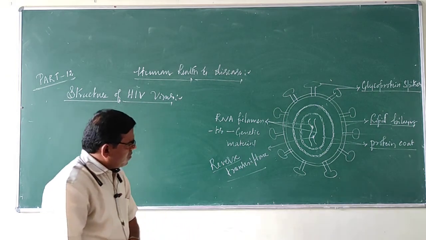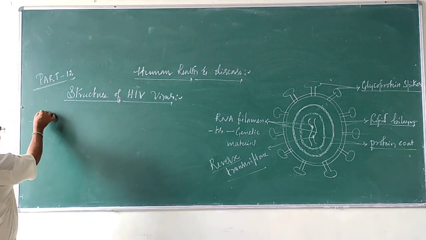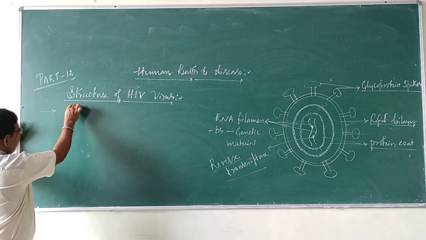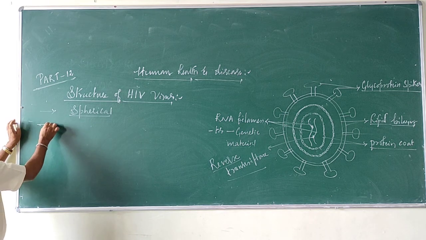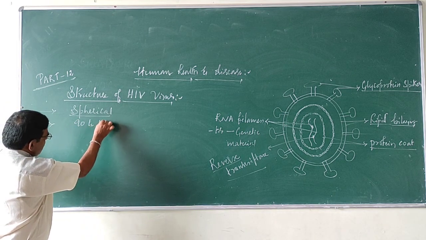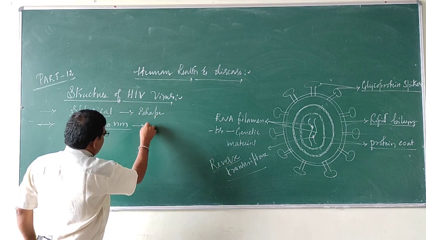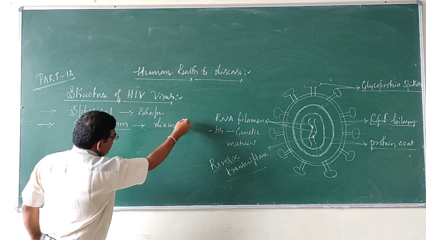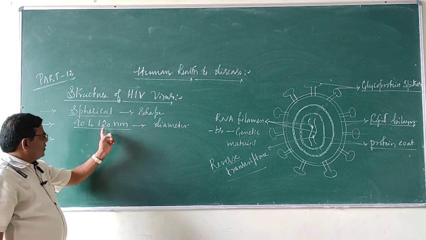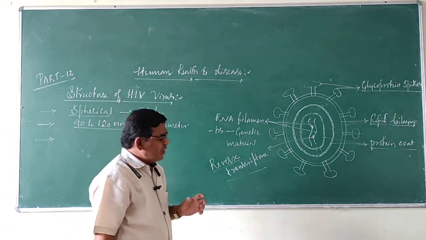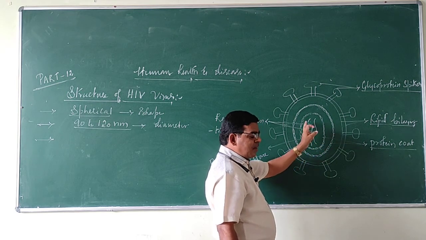This is a diagram of the HIV virus. See, the HIV virus is spherical in shape. It is about 90 to 120 nanometers in diameter. Then the HIV virus consists of, see the diagram,